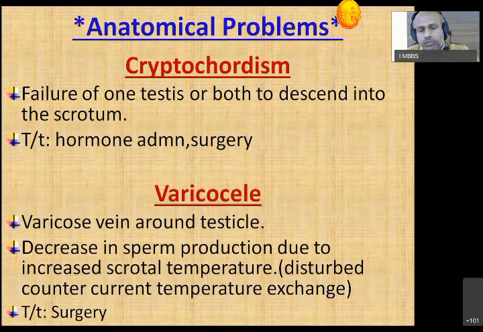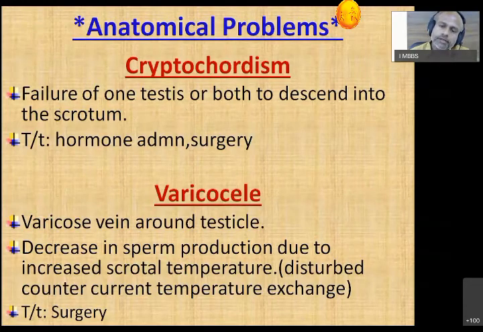By 8 months, the testes should have descended in intrauterine life. If they remain undescended, they are exposed to the core temperature of your body, the temperature of your abdominal cavity, which is 37 degrees Celsius. The person becomes sterile because of the undescended testes. As a treatment option, once it is noticed after childbirth, we can give testosterone hormone externally, which will help in the descent of testes, or we can externally supply luteinizing hormone for the secretion of testosterone from the Leydig cells of the newborn. That will also help in the descent of testes, or surgical correction can be done.